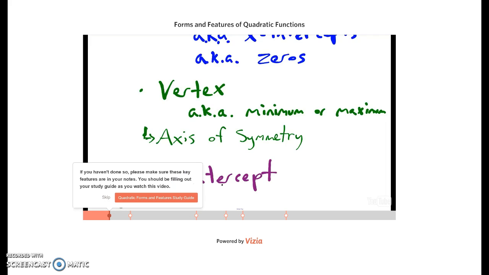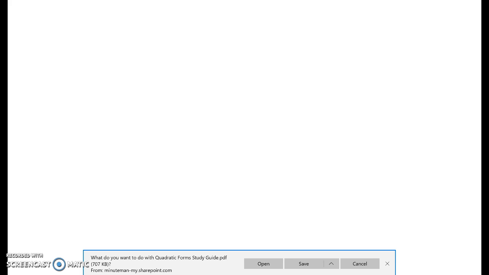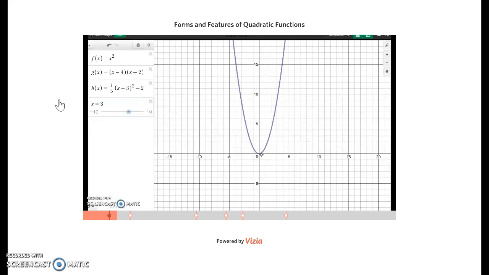Right? So in this case, they don't see it, but it's what's called a call to action. So it tells them to go back and fill in something in their notes. So you could write this to say, head back to OneNote and have a form for your notes in there. You could have handed out paper. It's entirely your call. In this case, I believe what I did is I just made that button a link to a PDF in case they didn't have it, but I had handed it out as paper beforehand. So we're not going to save or open that PDF, but it is there. After they click that or click skip, the video will continue,